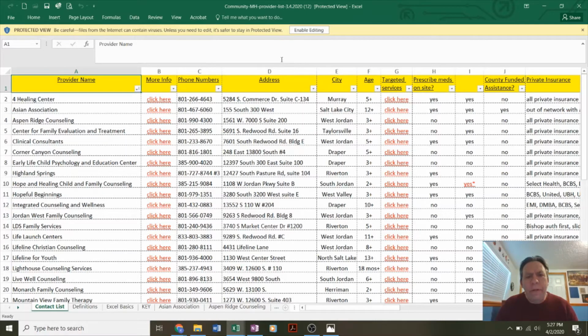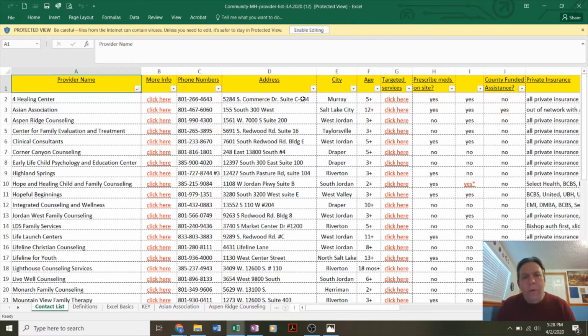first, I want to direct your attention up here. You can see it's called a Community Mental Health Provider List, but it shows a date of March 4th, 2020. The nice thing about this is that is the last date that this list was updated. One of the things we wanted to make sure of is not having lists on here that would get outdated. You'll find other lists where you might call a provider and the phone number doesn't work anymore. And so we wanted to make sure we had a list that never got outdated.